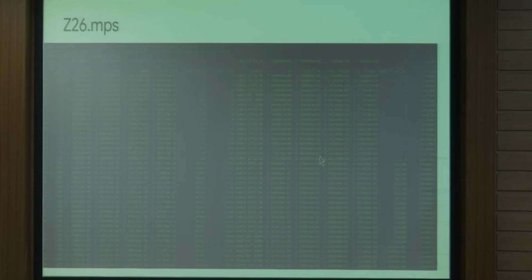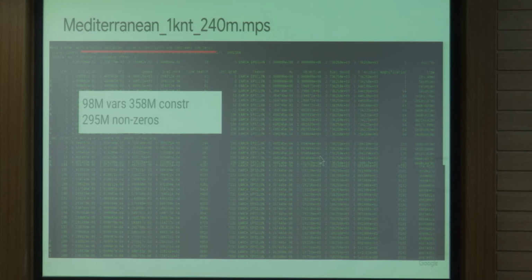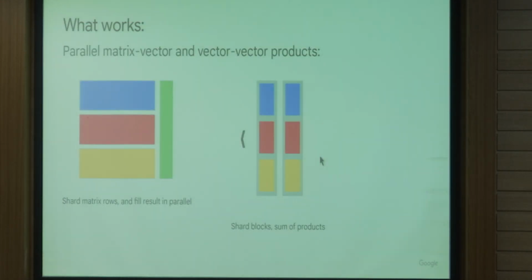Another problem where it does very well gets to the optimal solution in 2,000 iterations and whatnot. Mediterranean, 200 iterations, 7 point something, 10 to the minus 5, and it's not awfully slow. And there are many things I'm doing with Newton. I'm going to explain a little bit of those. Those are fairly big problems. So let me tell you what works.